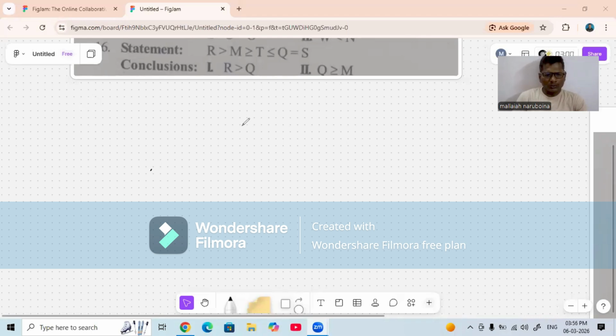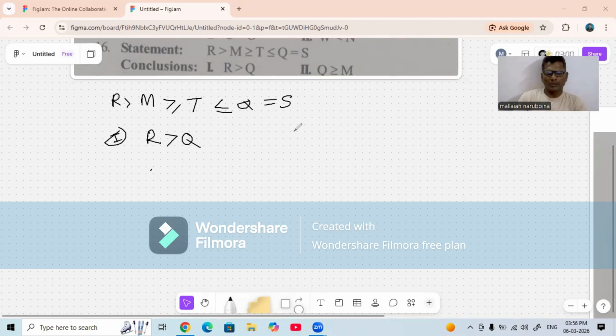Let us solve the last question, that is the 16th. R greater than M greater than or equal to T less than or equal to Q equal to S. Okay. First conclusion is R greater than Q. Second conclusion is